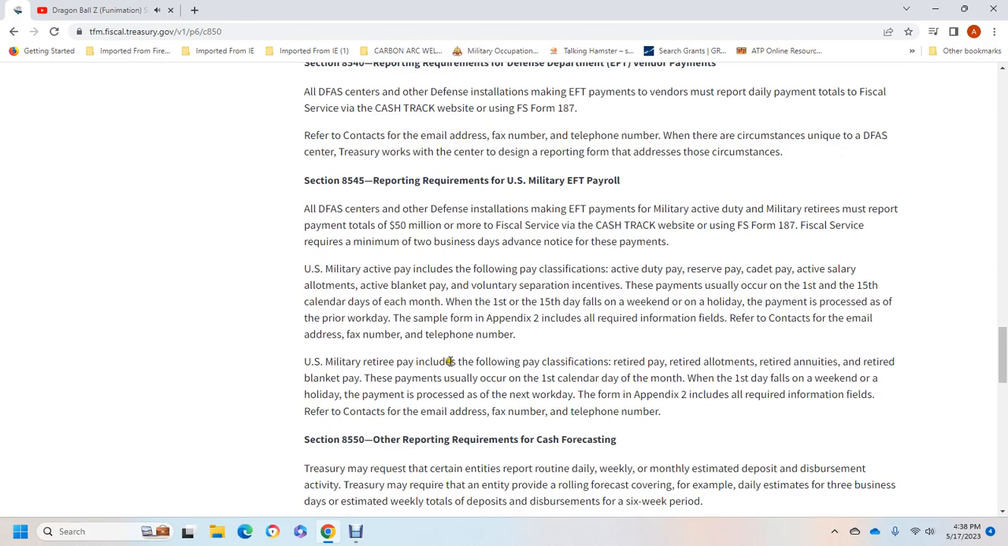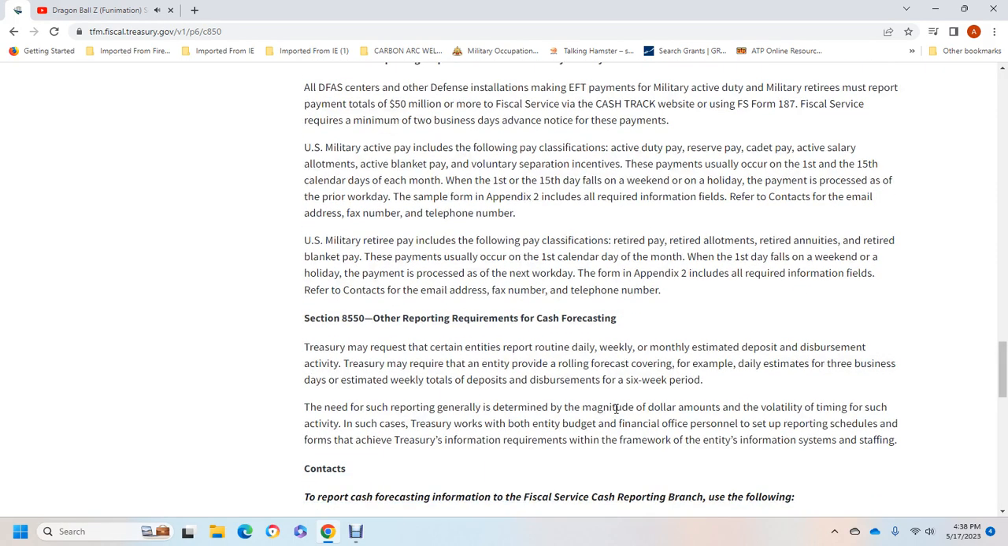U.S. military retiree pay includes the following pay classifications: retired pay, retired allotment, retired annuities, retired bank blanket pay. The payments usually occur on the first calendar day of the month. If the first day falls on a weekend day, the payment is processed for the next workday. The form included in Appendix 2 includes all required information fields, referring to the contacts, the email address, the fax number,